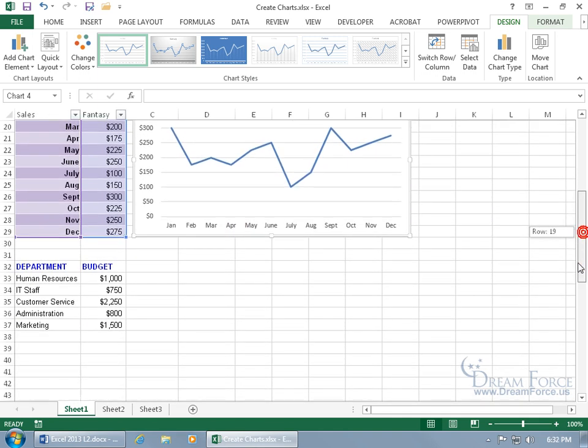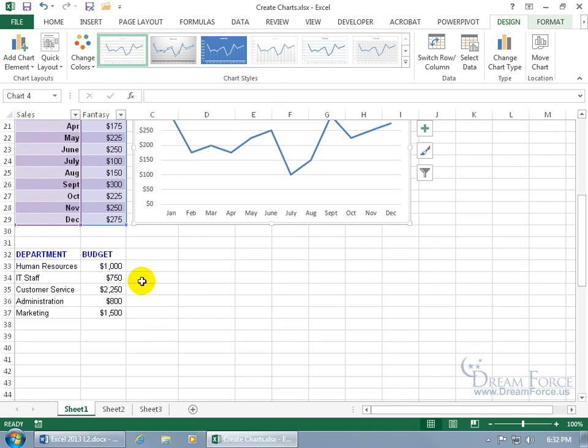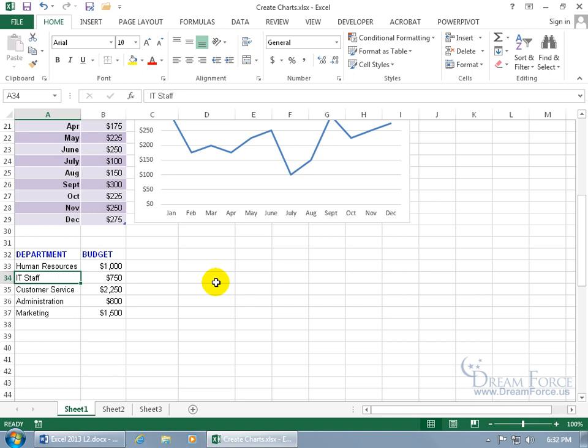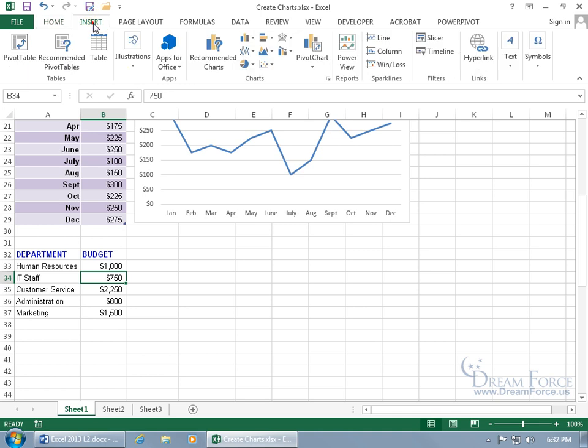Let's go ahead and scroll down. Now those two charts that I created were based upon tables. Let's go ahead and create one that's based upon a data range. It's not a table. And when I click on a cell inside the data range, you can see it's not a table because it doesn't have the related contextual design tab that says table tools here like it does up here for design. Okay, let's come down here, click in there, and let's come up, click on the insert tab,